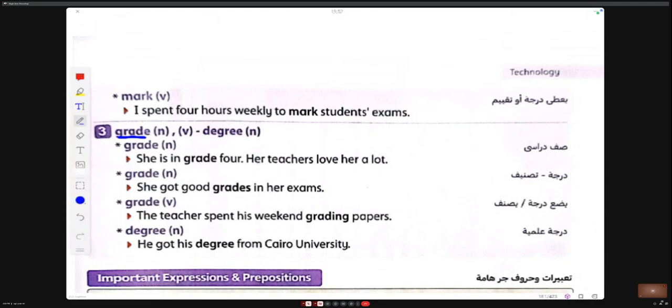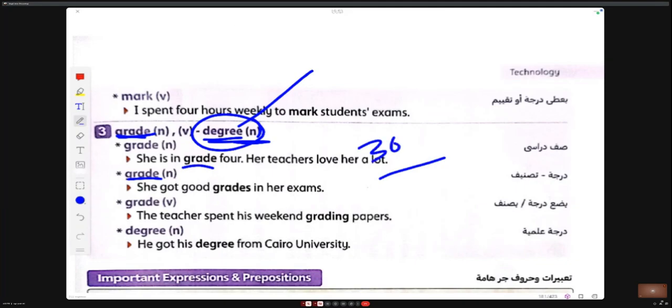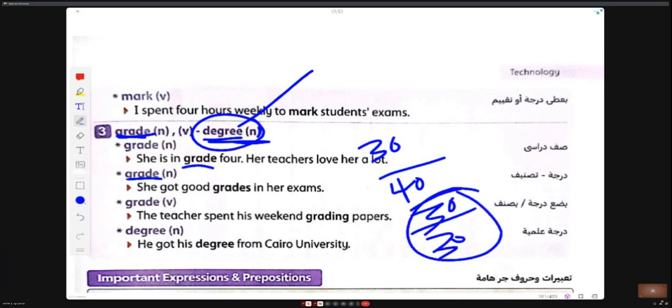Grade. Degree. Degree is when you finish college, you have a degree in engineering or medicine and so on. So it is a degree. But grade has a different meaning. Grade can be used as grade one, grade two, grade three, which means a school year. Grade can also mean your score, like a grade of 30 over 40, or 30 over 30, so this is my grade, the full mark.